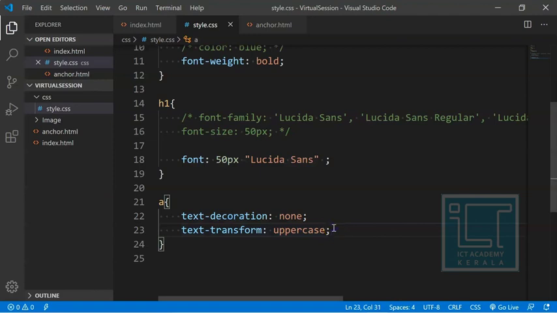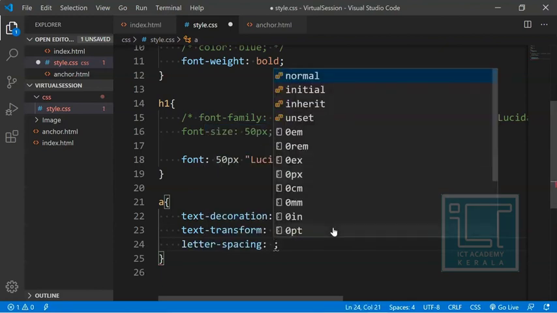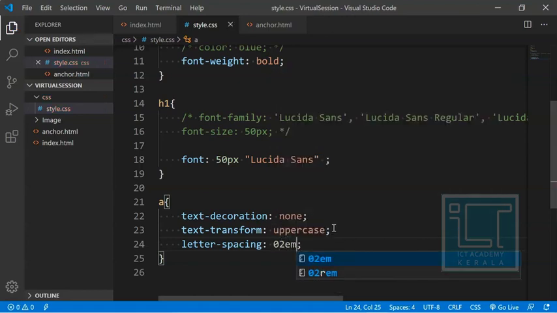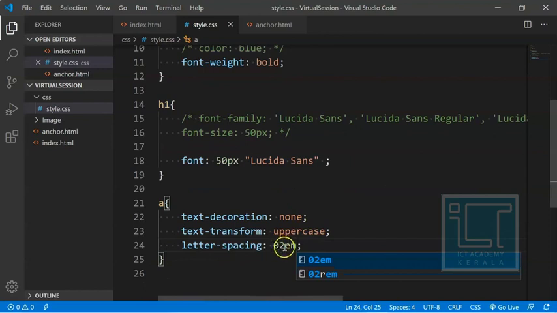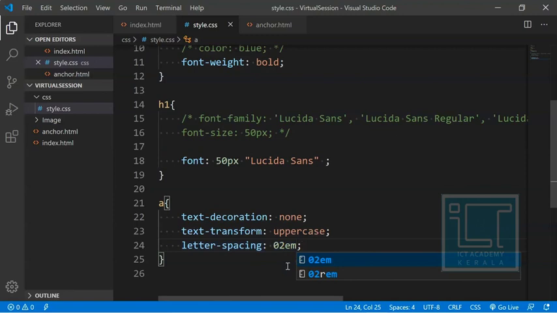And there is also an option called letter spacing. For example, if I want to give a letter spacing, there is an option called letter-spacing. If I want to provide a letter spacing of 0.2 em, em is a unit for providing sizes instead of px. px is nothing but pixel. I forgot to tell that. It has already been understood that 50px means 50 pixels. So it represents a size. em also represents a size, or it is a unit that represents it.